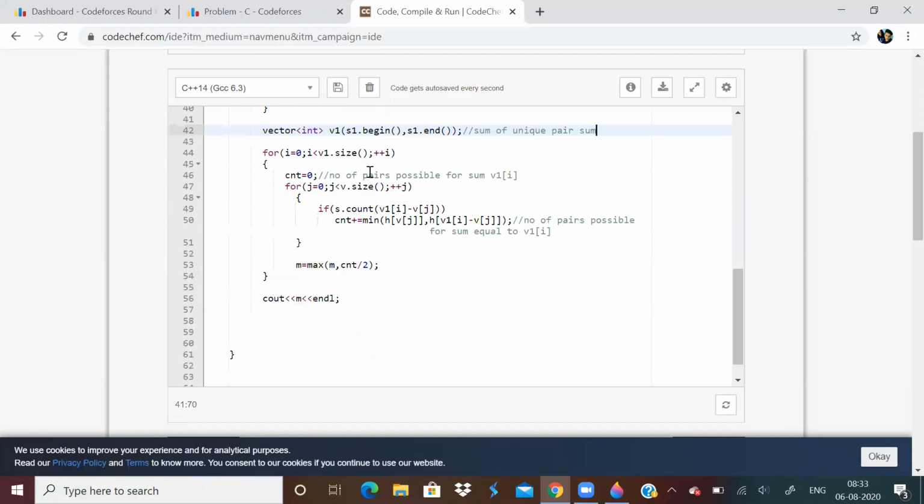And then keep a count variable to count the number of pairs possible for every sum. For every sum, how many pairs are possible? Like this you calculate. Don't forget the frequency. You have to take the minimum of frequency of both the elements in the pair, because that is the number of pairs possible. But divide it by 2 because you will be calculating double. Every time you'll be calculating double, so divide it by 2.